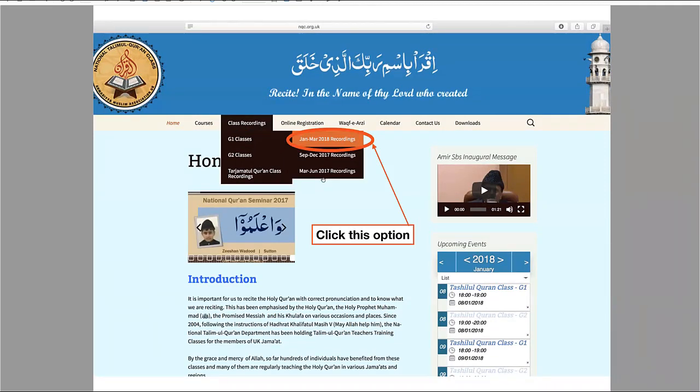Now in previous terms, as the head teacher said, this is our 4th term. We've got the recordings of our previous sessions also available. So at the moment, if you were to go onto that particular menu, this is what you would get. So later on this evening, possibly tomorrow, today's class will have been recorded and uploaded, and you'll find that that will be an option for you to go to.